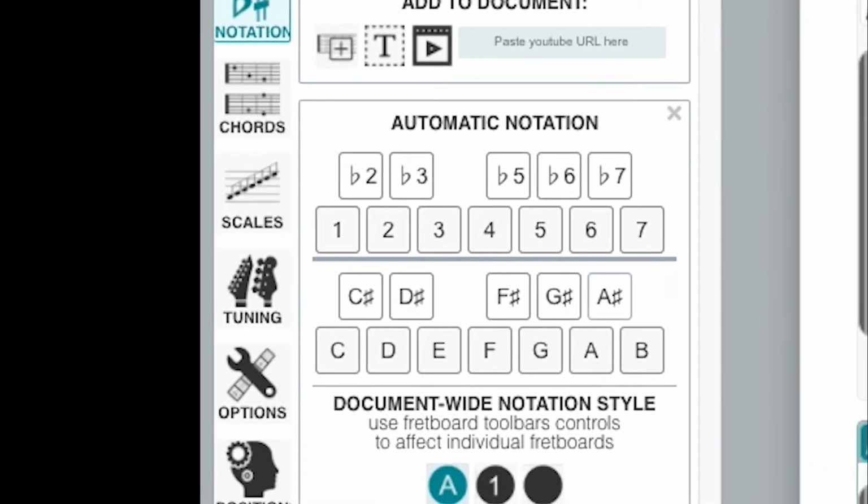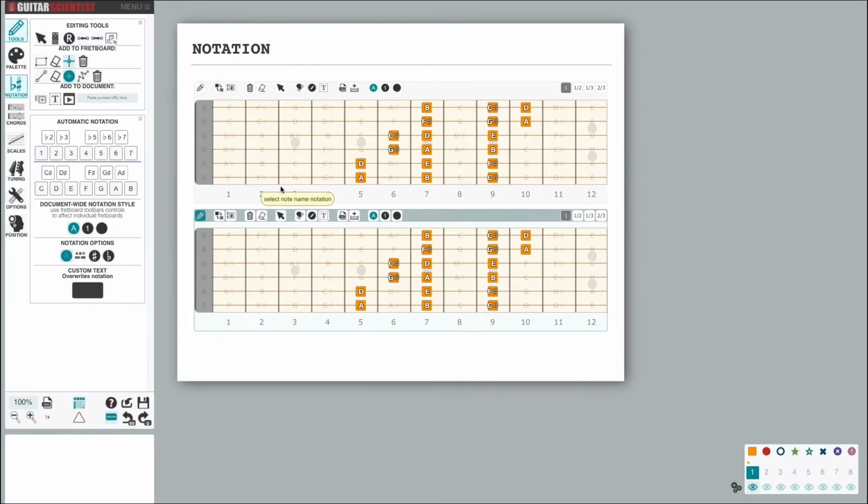The other set of drop-down menus just above lets me do the same thing with the degree numbers. In this case they are correct, since they are simply 1, 2, 3, 4, 5, 6, 7. But if I change the second fretboard into a Lydian scale, it would be appropriate to display the D sharp as a sharp 4 instead of a flat 5. So I can go into the menu and select sharp 4. From this panel I can also modify the name of the root and display the R instead of the number 1 when I use the notation view.